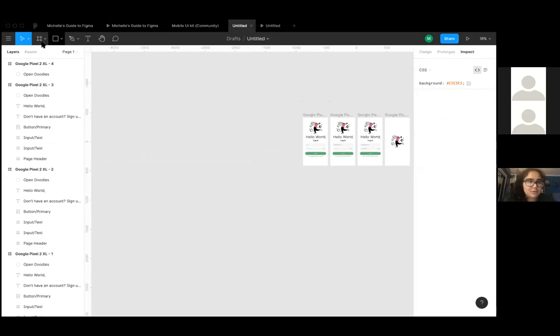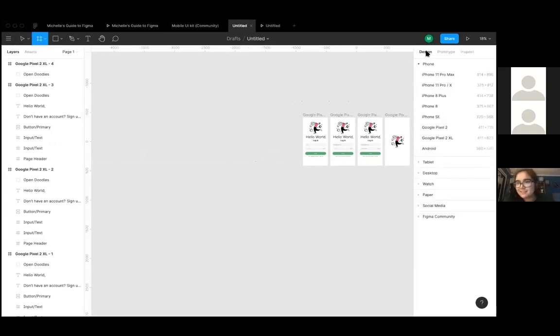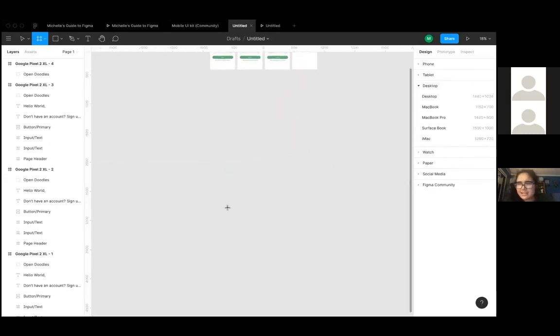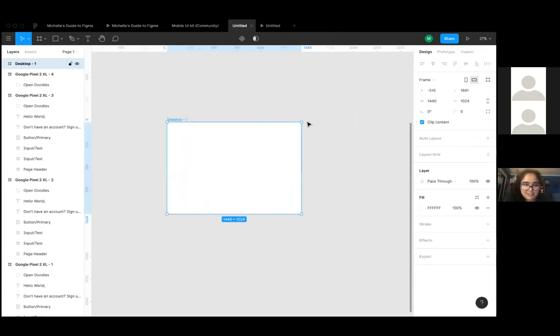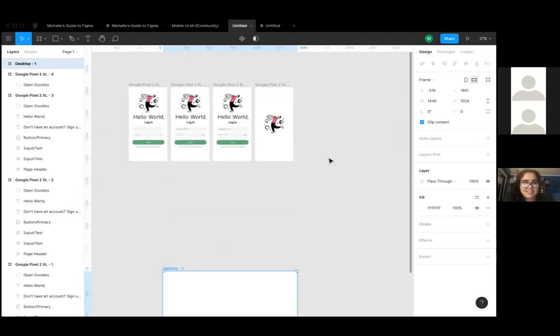For a website, you would start with the frame tool again, because that's kind of the basis of where you start everything. So you go to the desktop option and you have some different options you can start with. I typically start with desktop. It seems to work the best. So you'll start with a desktop and you can kind of start the same process I did with this, but